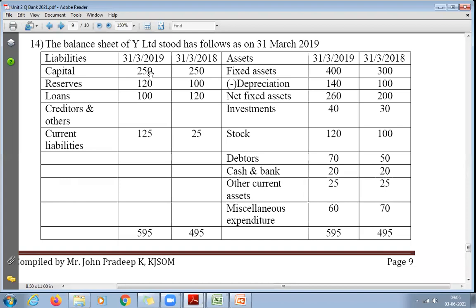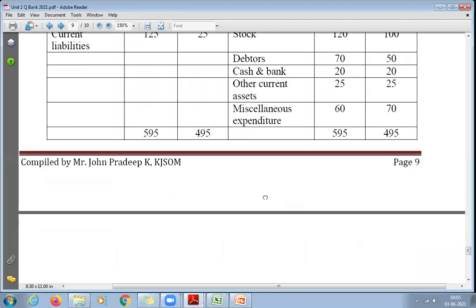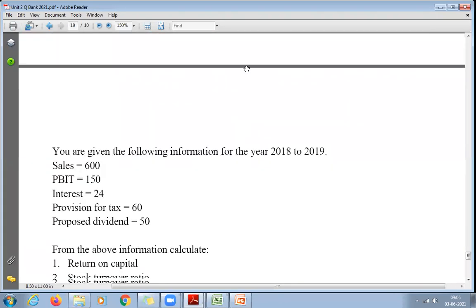Then fixed assets, then minus depreciation, he has given net fixed assets. Then investments, and then stock, debtors, cash in hand, cash at bank, and other assets he has given. Okay, and then other current assets, then miscellaneous expenditure, and then he has given us other additional information